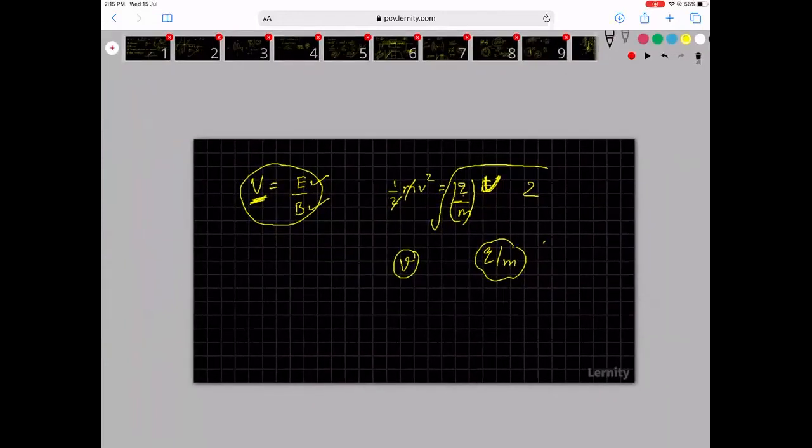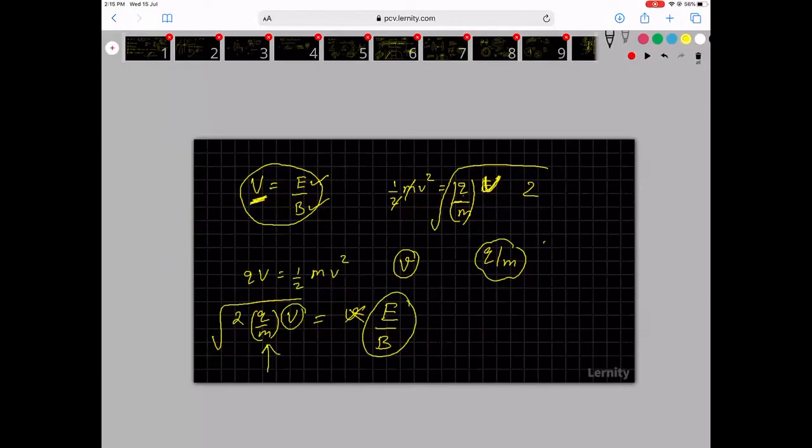Now you are told that these particles have been accelerated through a voltage V. So Q into V is equal to half into M into V squared. So the square root of 2 times Q by M into V is equal to v, that is equal to E by B. So this is known to you. This is known to you. So find out what is the Q by M ratio. Now once you get the Q by M ratio, it only tells you the charge to mass ratio. So now we can try to see if we can guess. Because of this Q by M ratio, the answer is not unique.